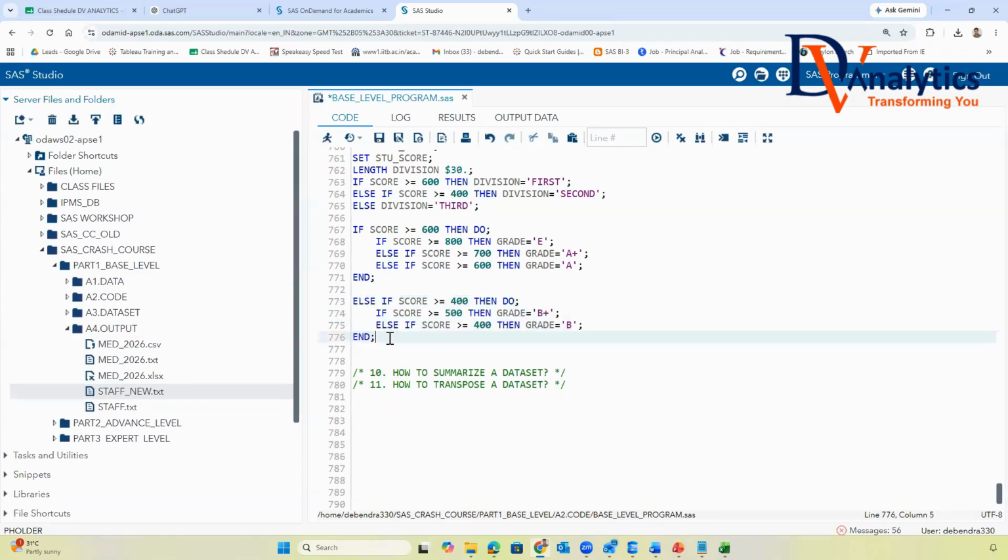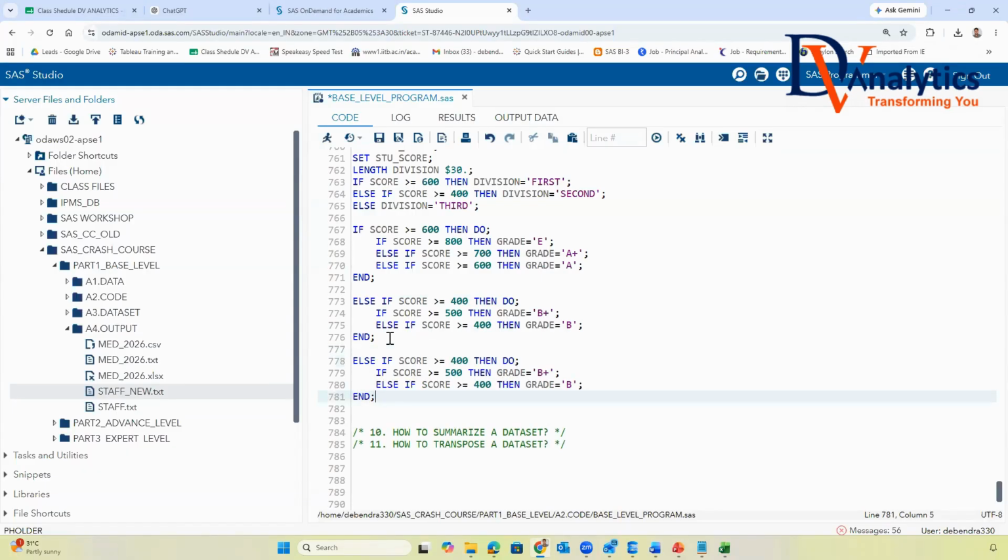Then again, are you getting this, guys? Else, if it is greater than or equal to 0 but greater than 300, we call this C plus. Else, grade is C.